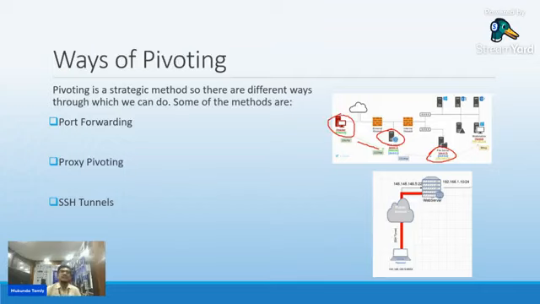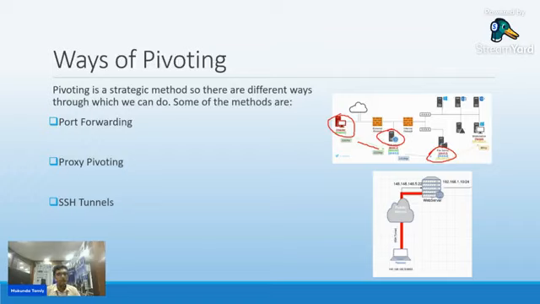In simple terms, the attacker forwards the ports on which services are running, and we can access any internal service using port forwarding from our own system, which is in a remote network. No one knows about it. This is one way, the port forwarding method.